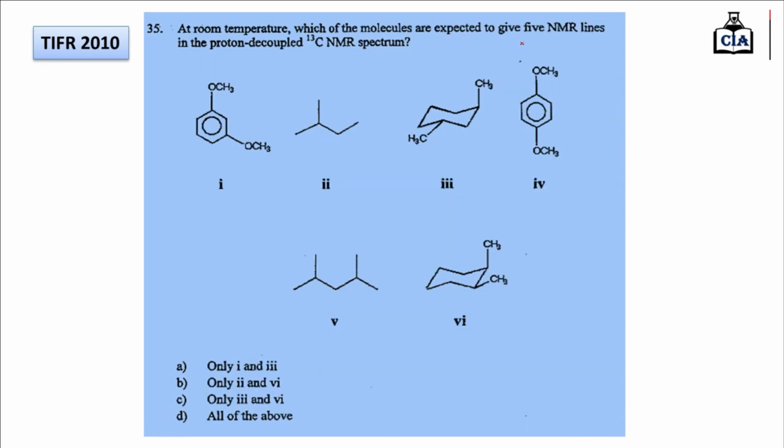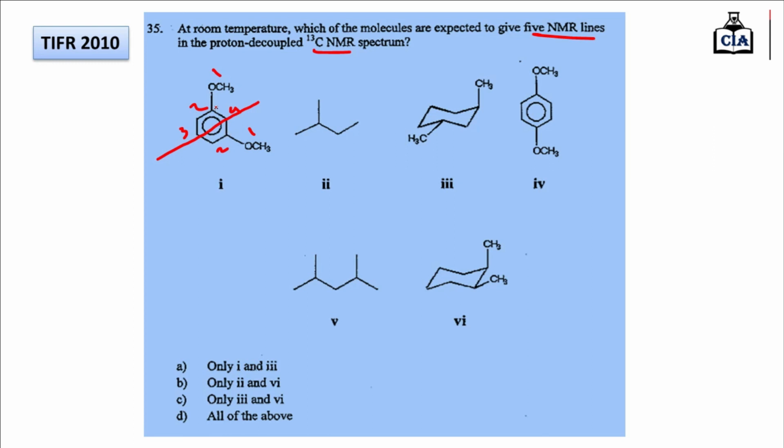In this question we have to find out the compound which shows a total of 5 NMR signals in a proton decoupled carbon 13 NMR spectrum. So we have to neglect the 1H NMR spectra. We have to find out the total number of different non-equivalent carbon atoms. If you look at option number A, there is a plane of symmetry passing through this carbon atom. Then this is the first type of carbon, then this is second, this is third, this is fourth.